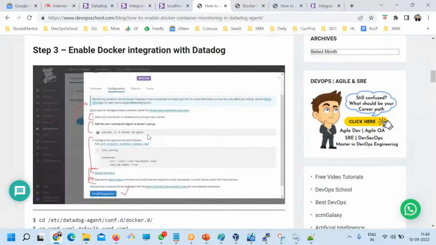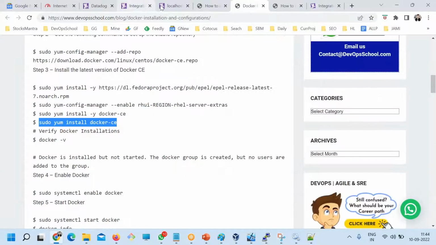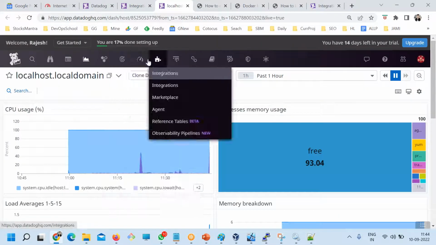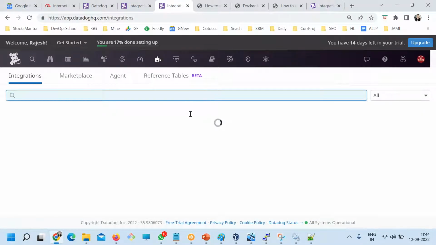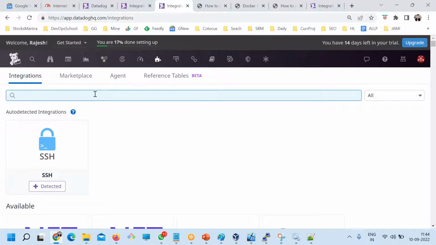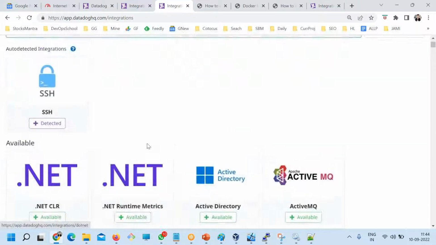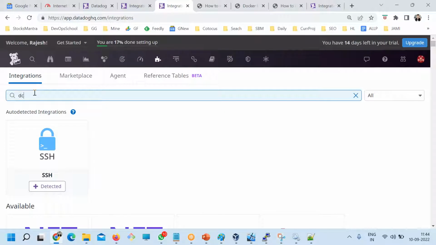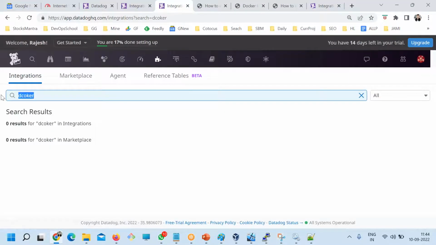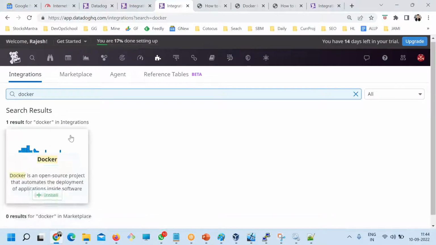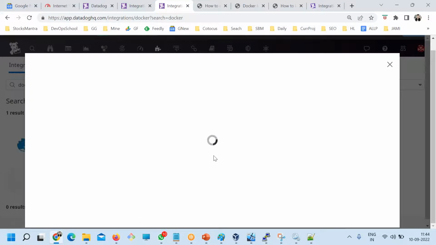Now, what we need to do? We need to go to Datadog here. Look at my screen, guys. Click on Integrations here. Now here I need to search for Docker. You see more than 500 integrations are available. So here you have to search for Docker and then install.